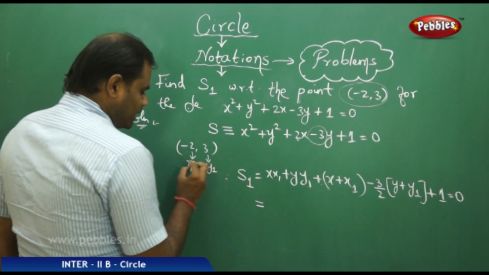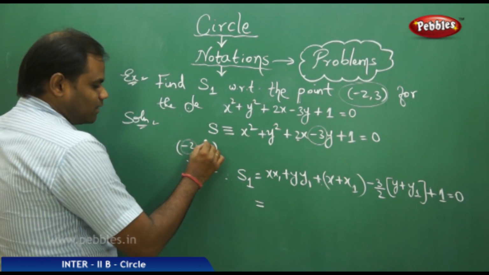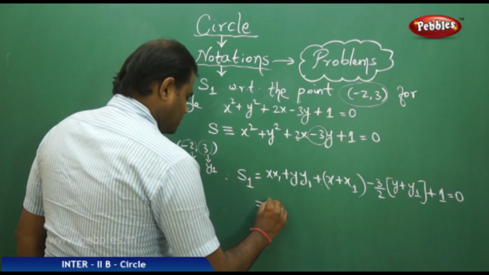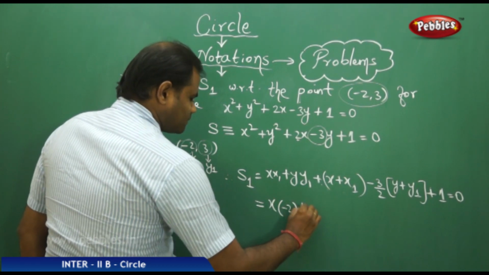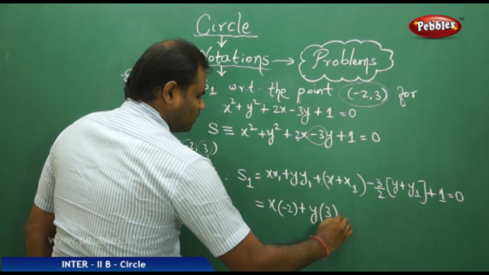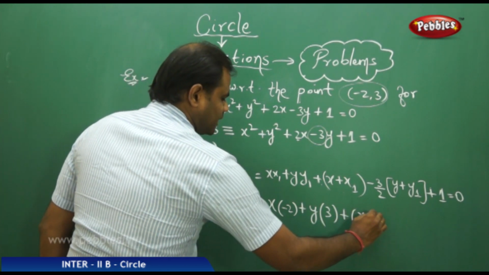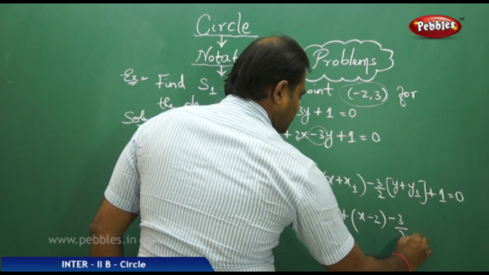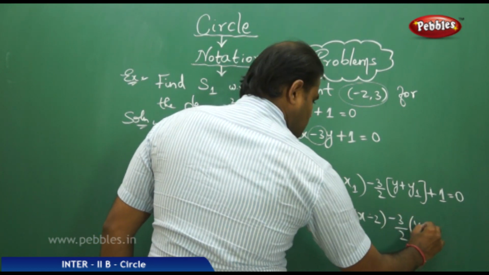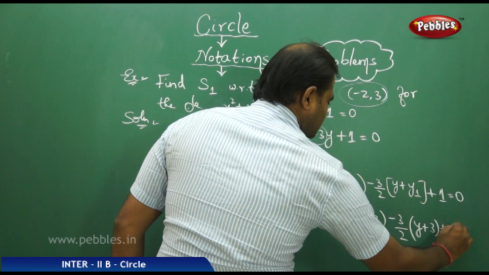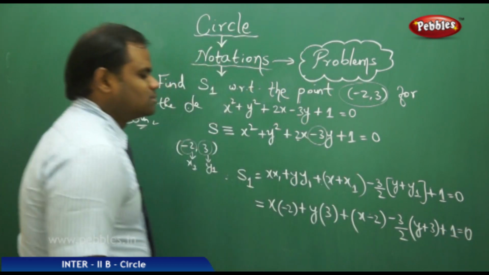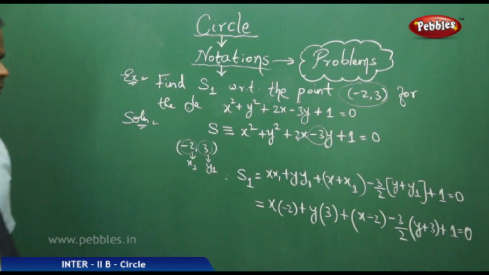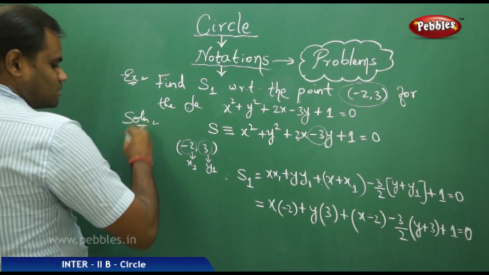So in this case, my x1 is minus 2 and my y1 is 3, which I substitute in this. So therefore, I get x1 plus y1 plus x1 minus 3 by 2 of y plus y1 plus 1 equals 0 is what we get out here. Now this, on further simplification, gives